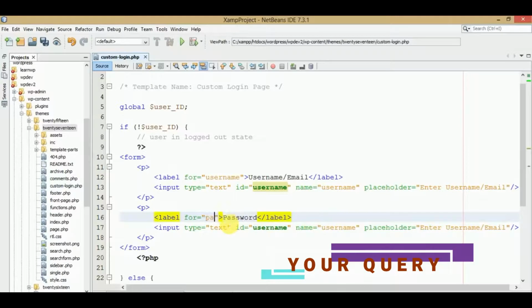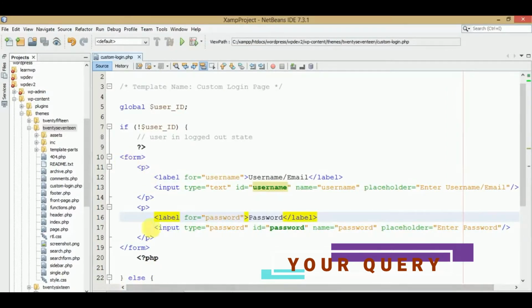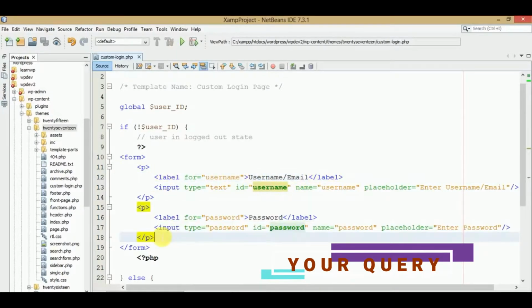Password, it is for password, and the input type should be password. So now we have created our 2 input fields. Okay, inside this form we have made our user email input field, and the other input field is for password. So just make the method as post,